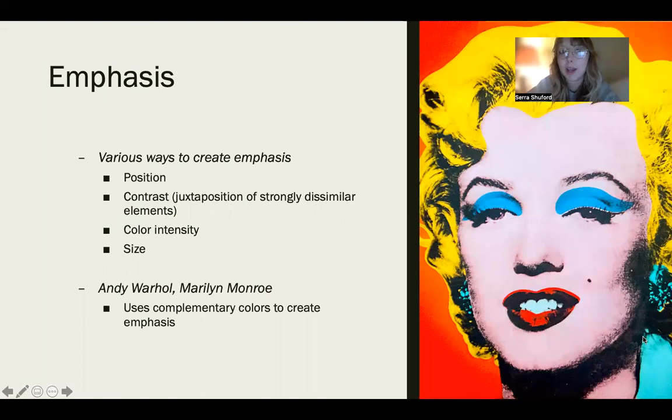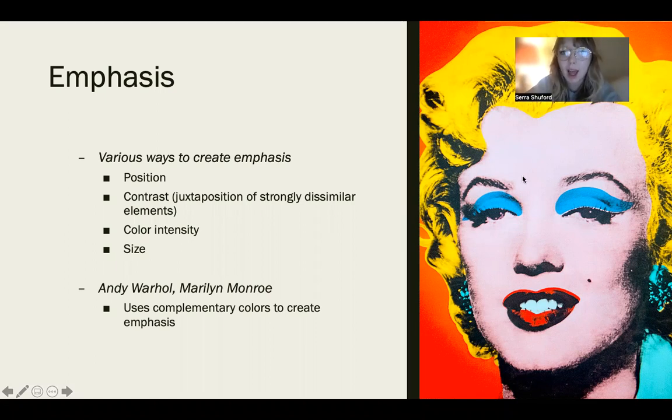Emphasis, there are various ways to create emphasis. You can use positioning, contrasting, color intensity, size, and really think back too about our color palettes and things like that. Using complementary colors, for example, is a great way to create emphasis on something. Andy Warhol does that a lot, and he uses complementary colors to create emphasis. So having this bluish green contrasting with the red here just really bounces some things off of